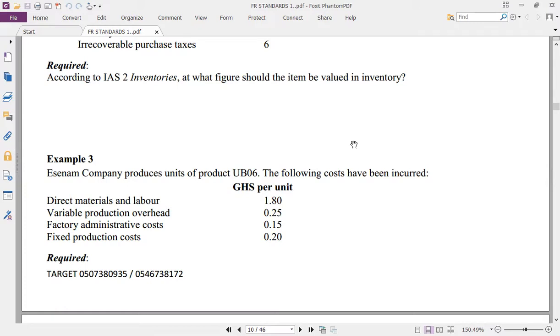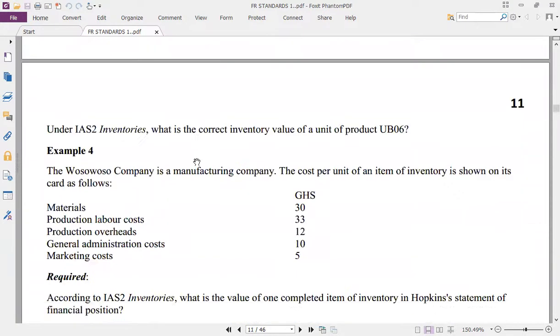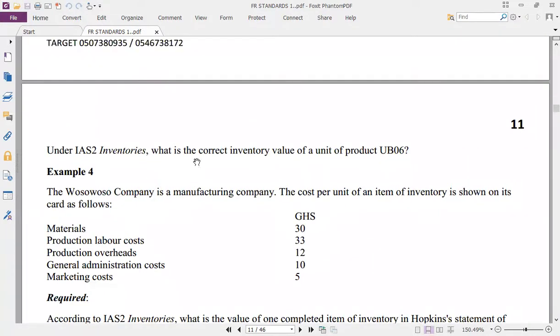No, it must be excluded. Administration is excluded. Fixed production cost must be part. That means you add all except the factory administrative cost. So that's 1.8 plus 2.5, plus 2.02 plus 2, so 2.25. Good. So that's the cost. Now let's check the third one. Our third question here is